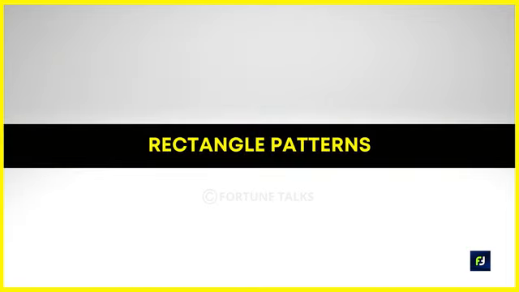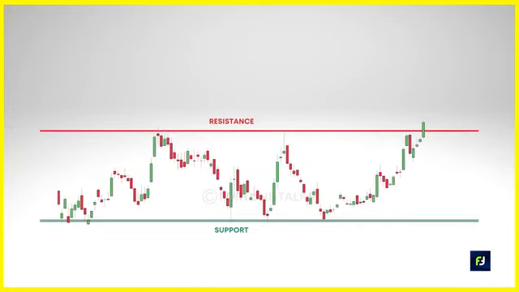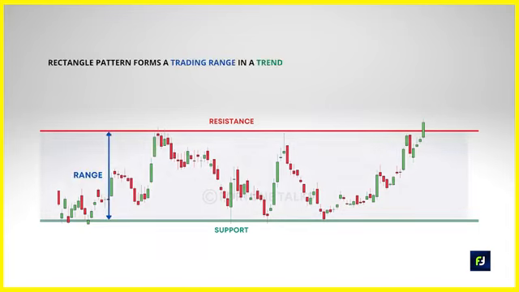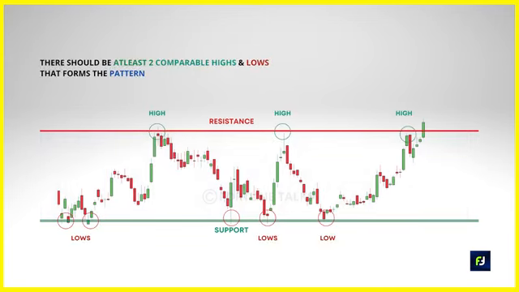Now moving to our fourth category of patterns, the rectangle patterns. The rectangle formation is a classical chart pattern established by horizontal lines, which represent the important support and resistance. Now this is a continuation pattern that forms a trading range during a pause in the current market trend. It is quite easy to identify the pattern because it has at least two comparable highs and two comparable lows. These highs and lows can be joined to make two parallel lines that form the top and the bottom of